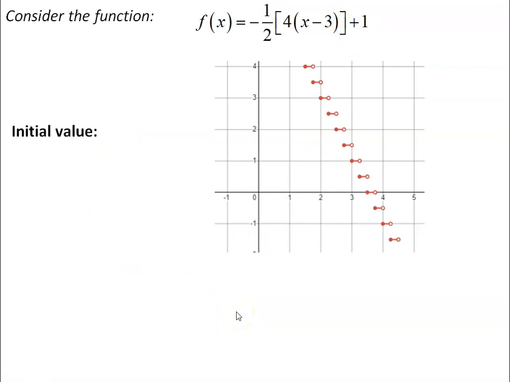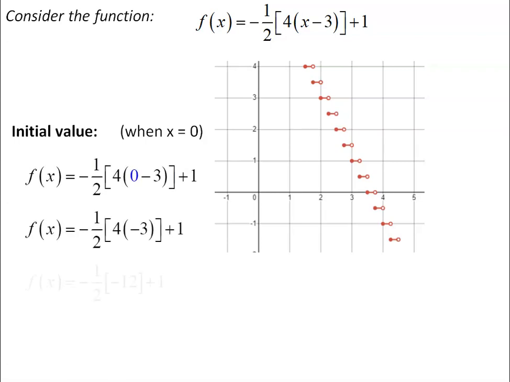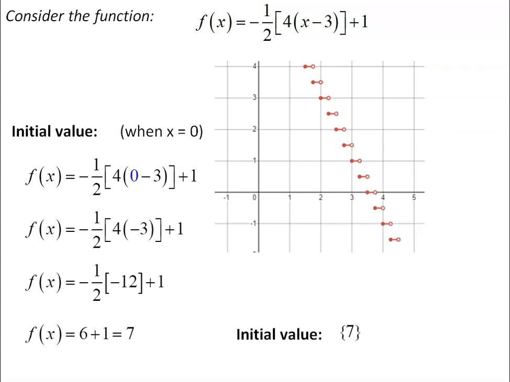As for the initial value and the zeros, the intercepts, the I part of DRIVES, initial value in this function, just like in any function, is when you make x equal to 0. So if you'd like to pause the video and give that a try on your own, I encourage you to do that, but I'll skip through the calculations and show that when I make x equal to 0 and simplify, what you end up getting is one specific y value, in this case 7, and if you were to continue this all the way up to the axis, you would find that that's the value on the axis, or where